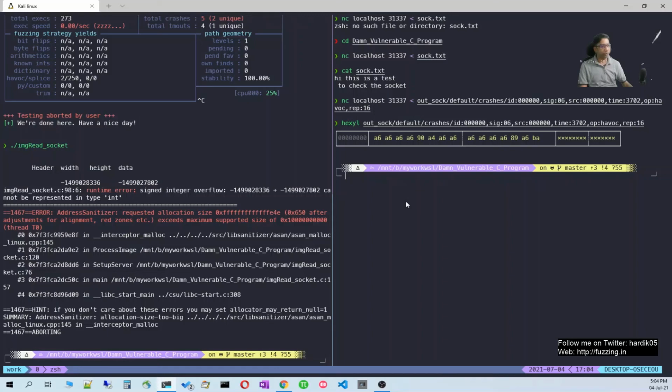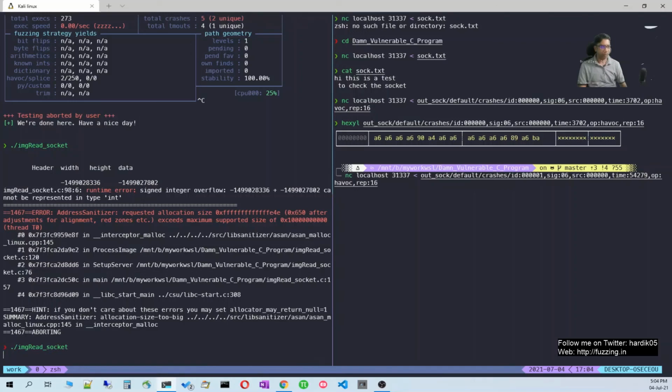And now let's see the second crash file and see what crash we are getting over here. We need to again run our file which we have compiled using AFL, that will start the server. Basically you can use some threading where it doesn't terminate after processing a single input.